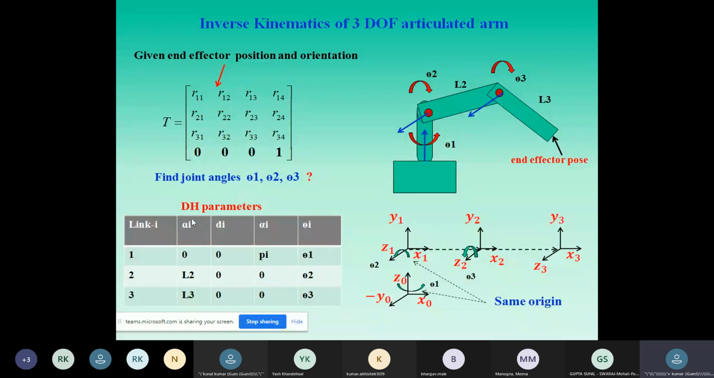So what do we have to find? We have to find the joint angles theta 1, theta 2, theta 3. These are our unknown parts, and this is given: T is given. We have to find theta 1, theta 2, theta 3. So first step,